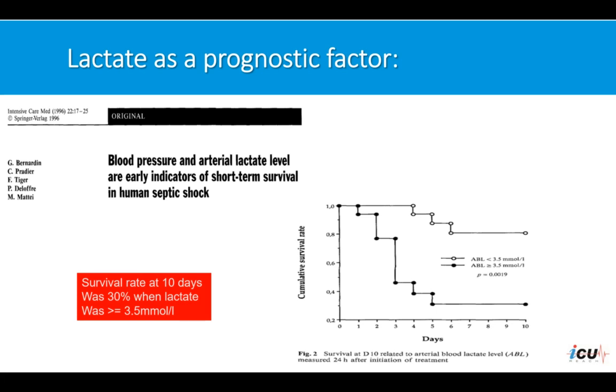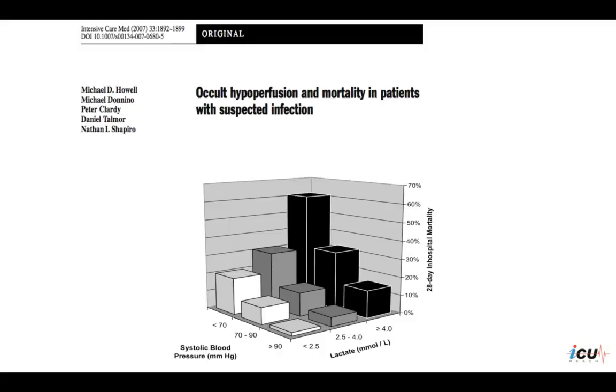Now, lactic acid is also a prognostic indicator, and you can see in this study, published in 1996, that the outcome is better, and the survival rate is better, when the arterial blood lactic acid level was less than 3.5 compared to those patients who had a lactic acid level of 3.5 or above. Survival rate at 10 days was 30% when lactic acid was equal to or more than 3.5 millimoles per liter. It can also give you an idea